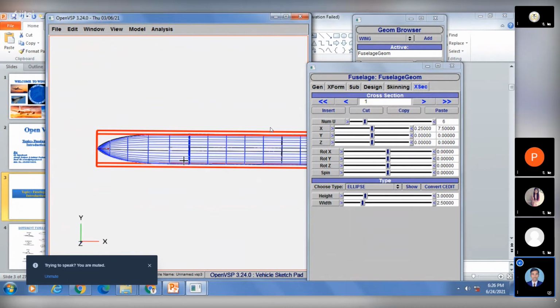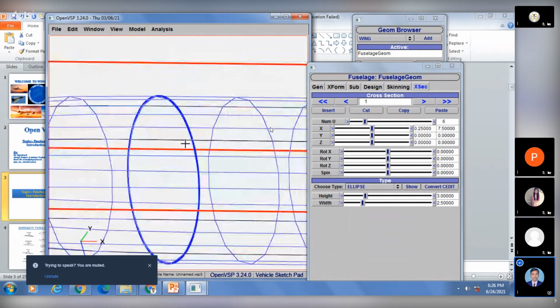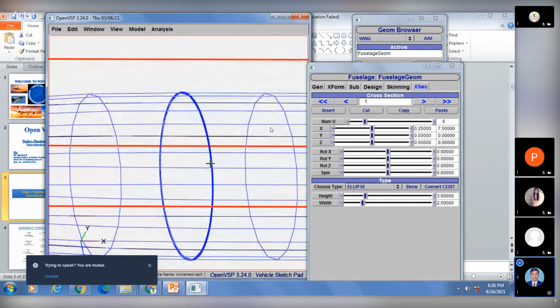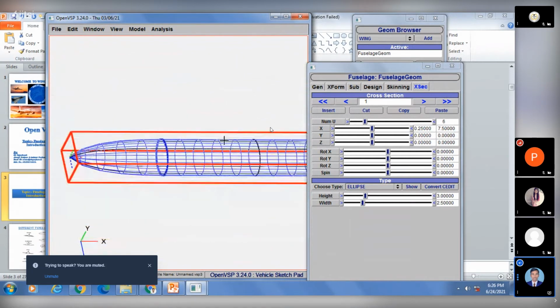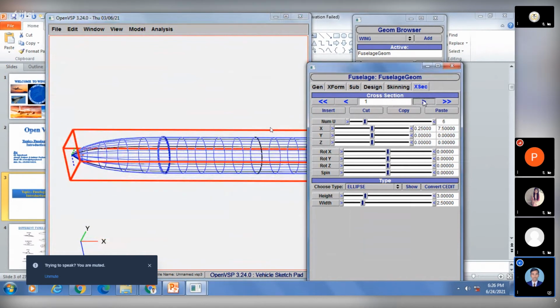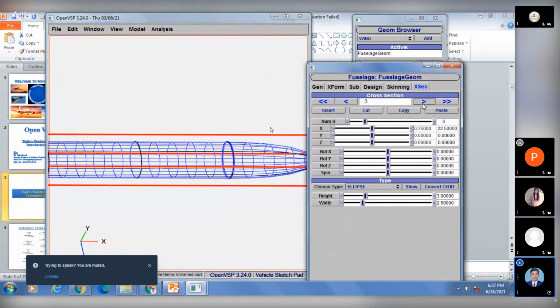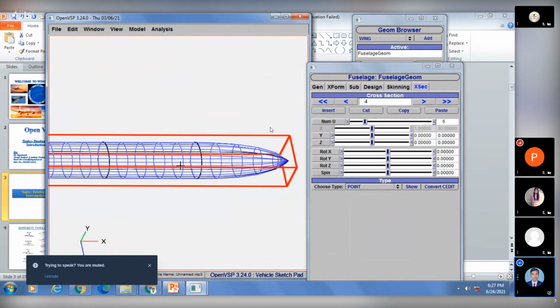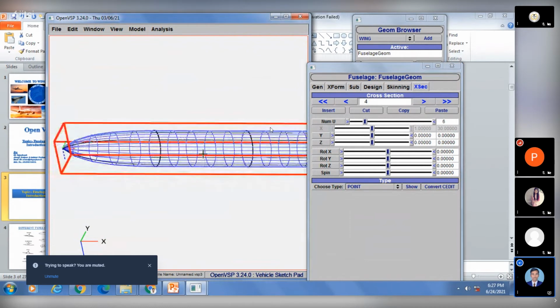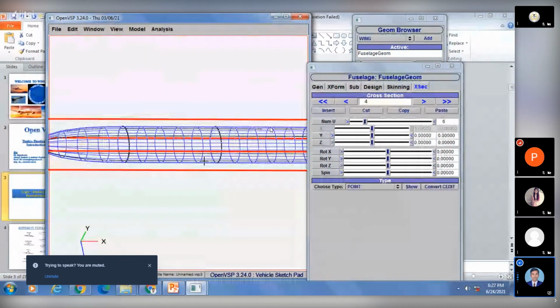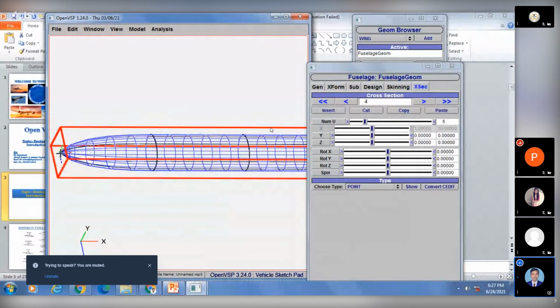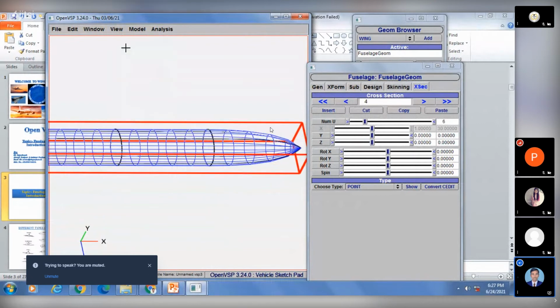You can observe that the color got changed, black to blue, which means currently I'm on the first cross section. Now you can jump to the next cross section, and again to the next cross section, like this. Totally we have four cross sections. After this I'm trying to go forward, but I can't because I have reached the end point. So between this fourth cross section and the zeroth cross section,